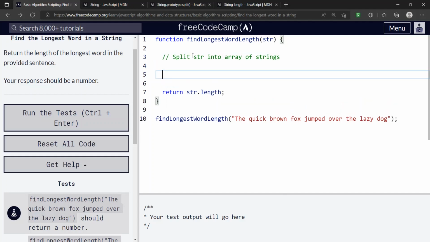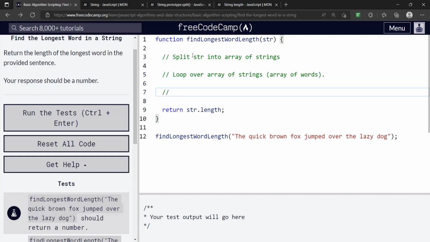And so when we have that array of strings, the loop is actually going to iterate over that array. So we want to loop over this array of strings, right? And just as a side note, it's really an array of words, so the array that we're going over is actually the array of individual words in the string, right? And within the loop, we're going to get the length of the current word,